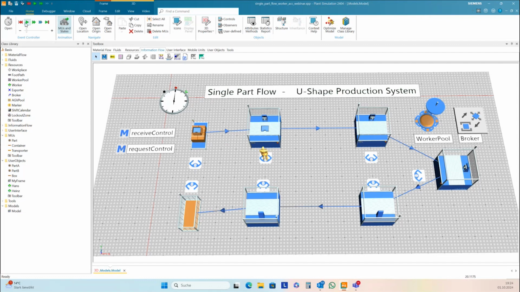And so the broker can only mediate the next worker, Heinz, to take a new part. And all these stations here in between don't use the broker for the complete mediation process. And so my Hans now follows all the steps of the part until the end.